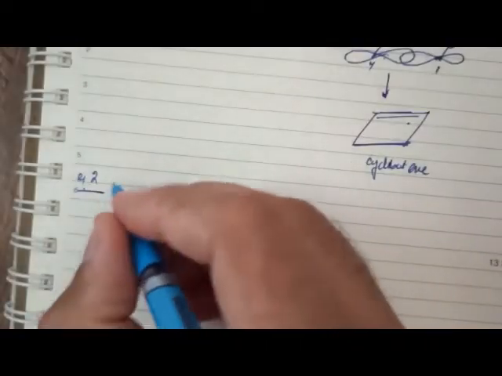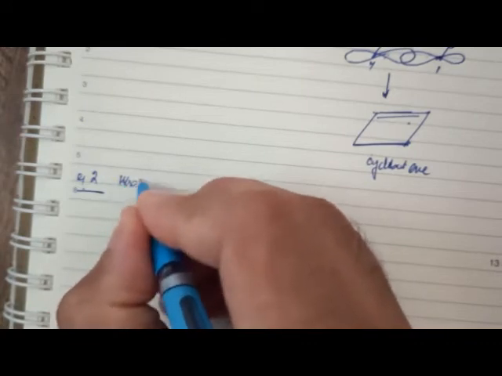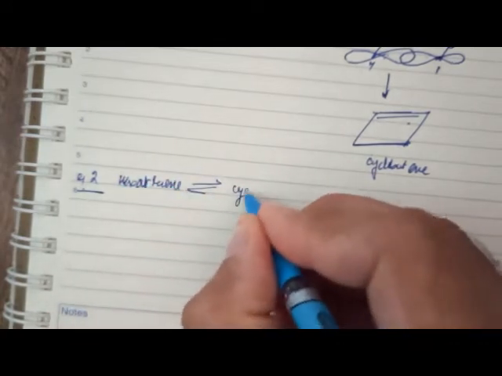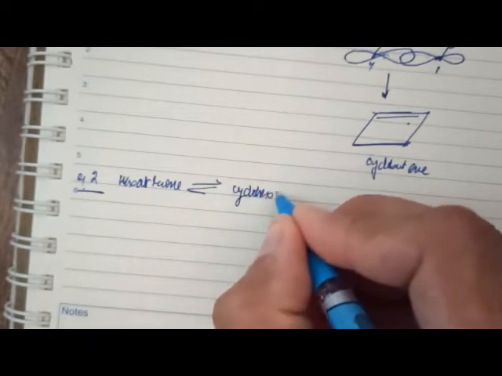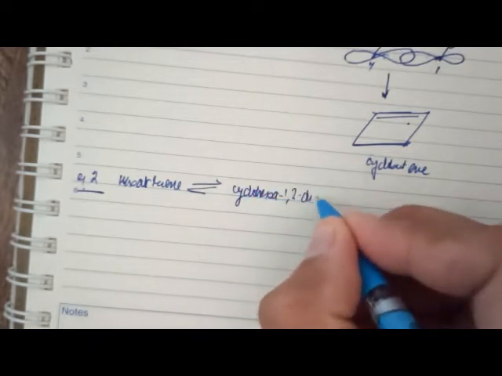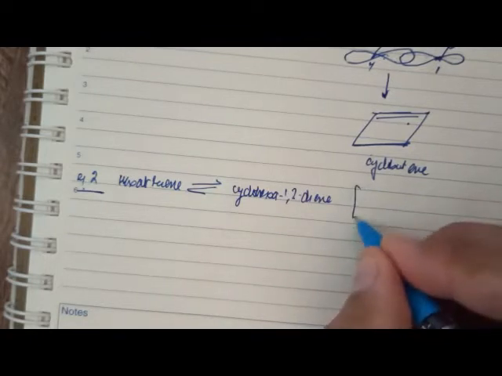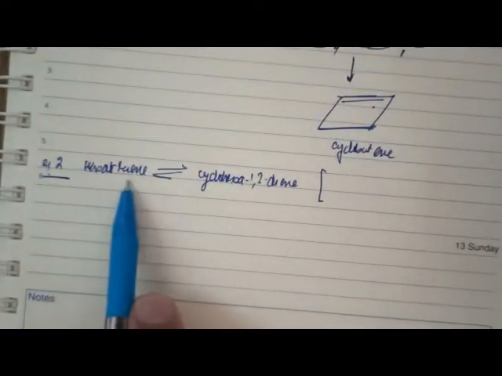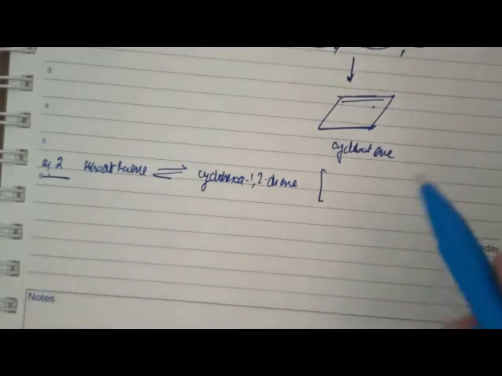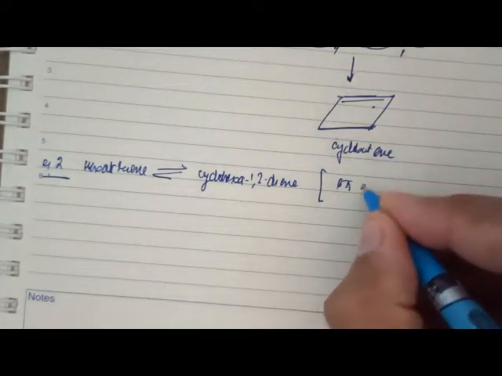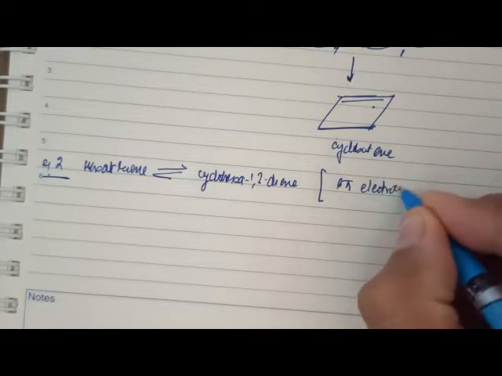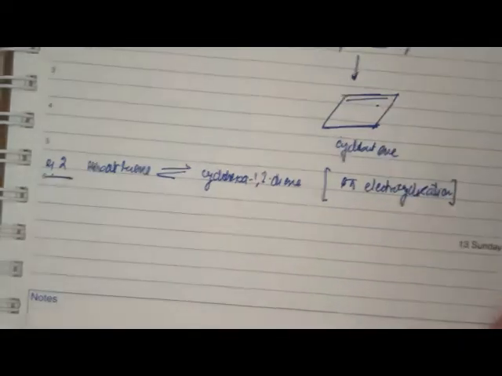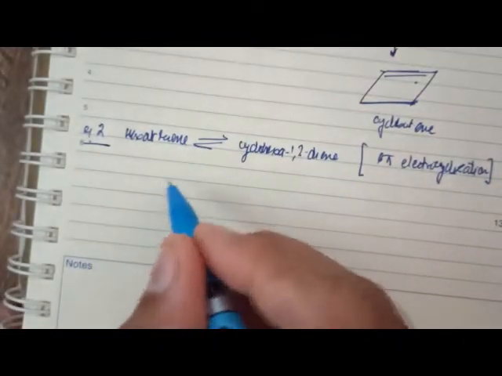Right. Similarly, let's talk about another example to explain the same mechanism of action. Let's talk about the example of the hexatriene to cyclohexa-1,3-diene interconversion. In the acyclic component hexatriene, I have 3 conjugated pi bonds, that means 6 pi electrons. Therefore I'll call this reaction a 6 pi electrocyclization reaction.